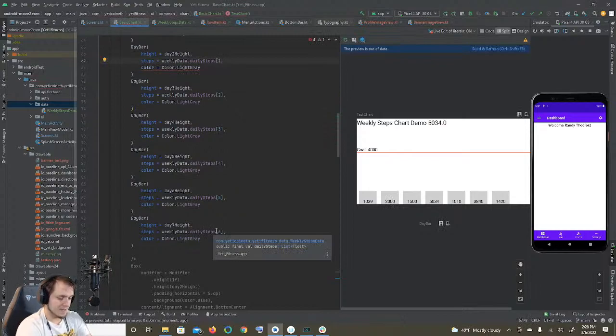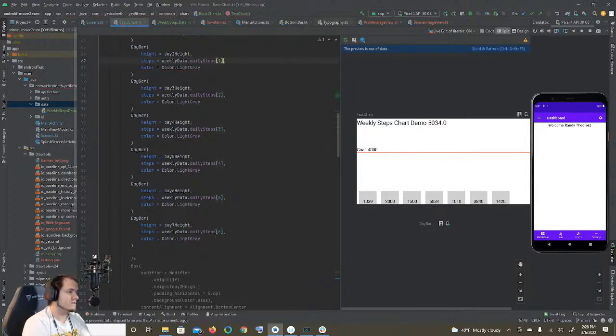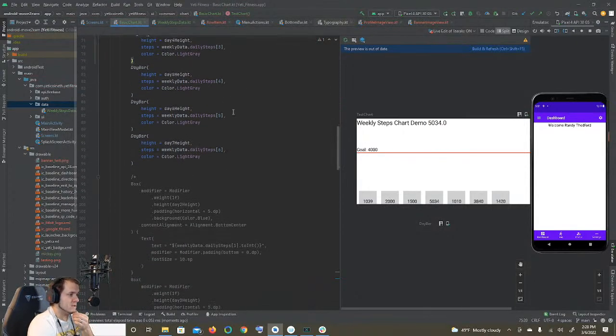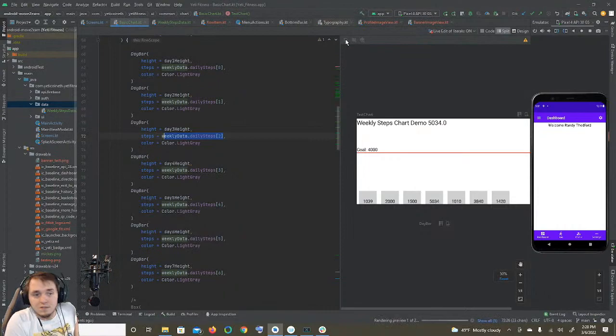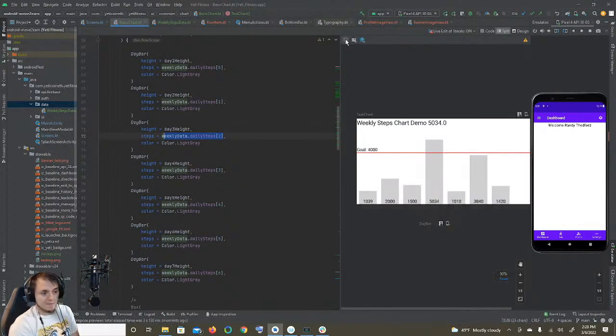Oops, I didn't want to delete that. Undo that. There we go. Okay. Now we have the height of each day in there, along with the data of each day for steps. We're going to hit refresh, and it should scale these all up and down properly. Bam. There we go. So now we have each day, the scaling is proper, the amount of steps is proper,